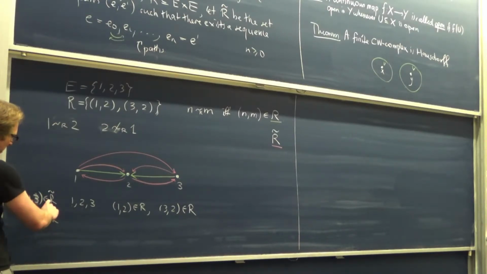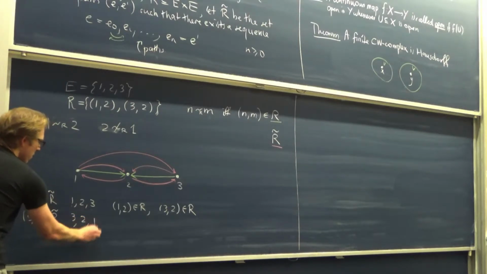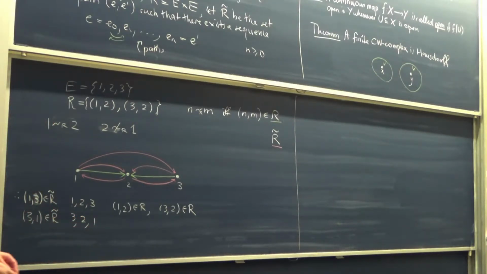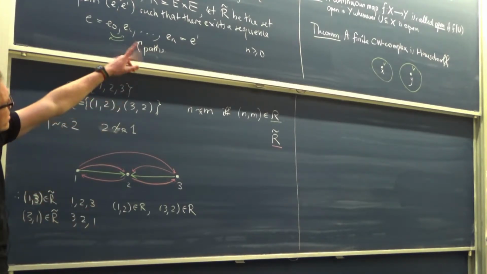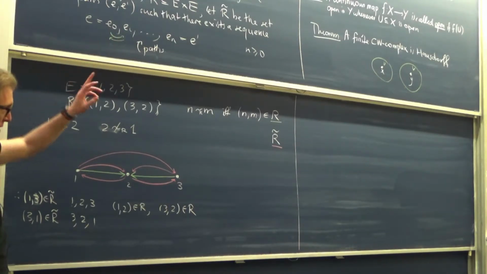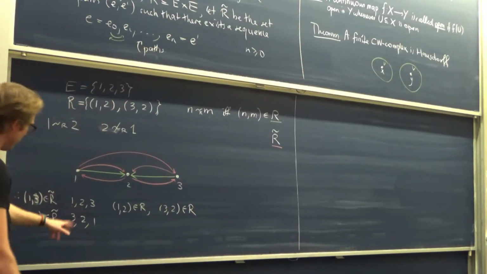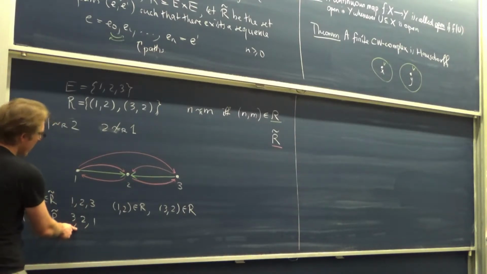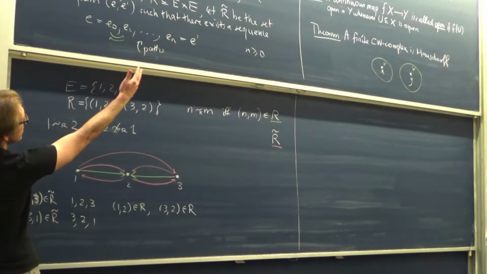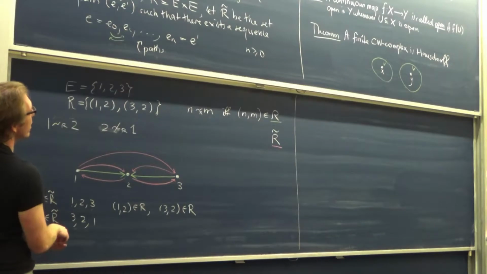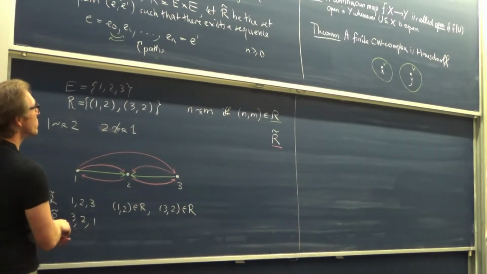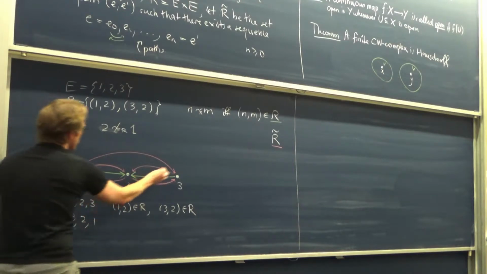Well, if I know 1, 3 is in the relation, I just have to write down the same sequence backwards. And that'll work because my check for whether a sequence is allowed or not is a path in the language I'm using. The check for whether a sequence of elements of E is a path is symmetric with respect to interchanging each pair, right? Because I just need 3, 2, the pair, to be good. And 2, 3 was good, and being good, that is, either a pair or its reversal being in R, is clearly invariant under permutation. So, all right, so that's also